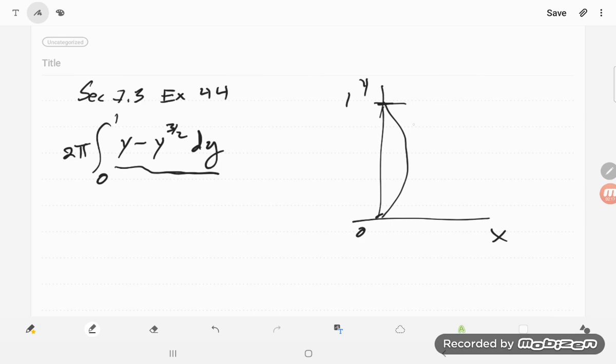Okay, so now this is integrated dy, and so it looks to me like what they are doing is a shell method, because it's 2 pi, right? So if they're doing a shell method, because it looks like it's maybe 2 pi,